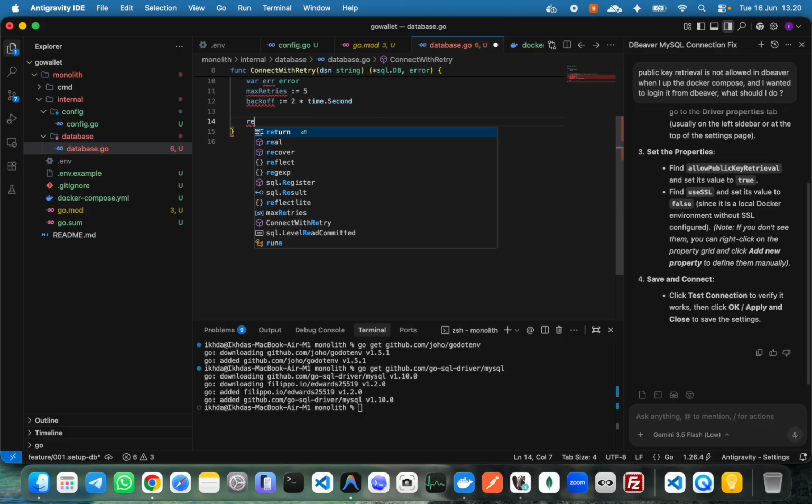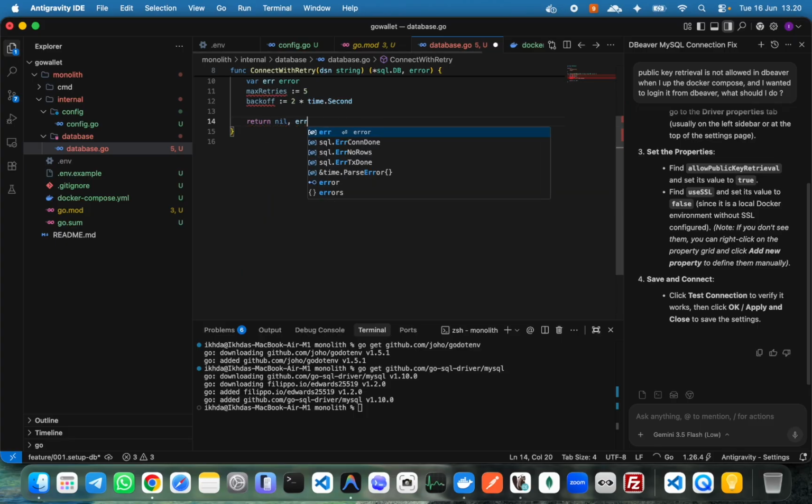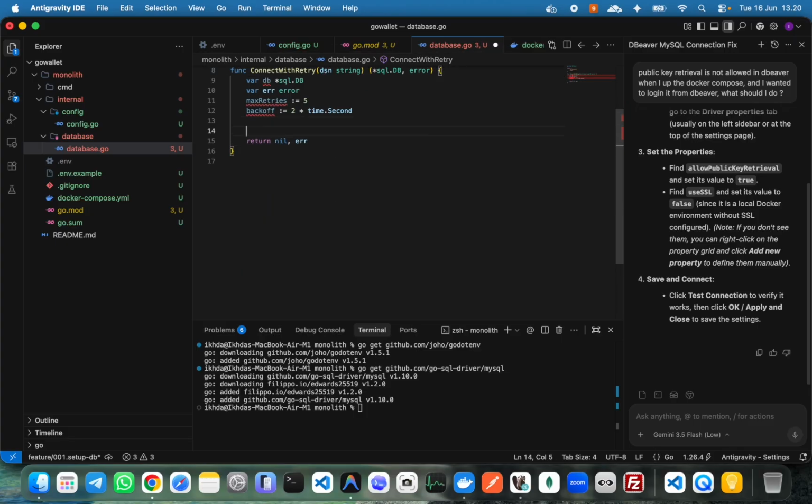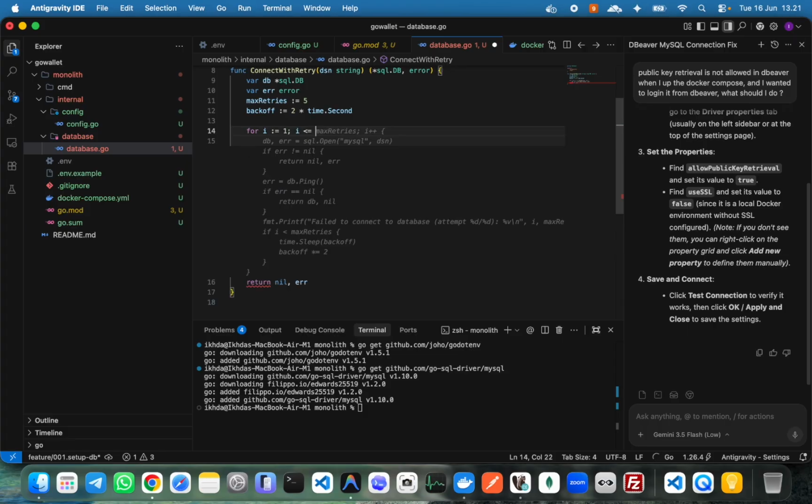So return nil error. Here we add a loop, i equal to 1, while i is less than or the same as max retries, and then we process like this. Okay,